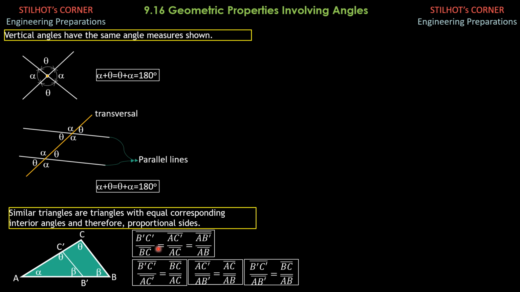Or you can just rearrange this, similar triangles, or by ratio and proportion from this equation. Just separate. So we maintain the ratio: opposite of, let us say, alpha to opposite of beta, opposite of alpha to opposite of theta, opposite of beta over opposite of theta, and so on and so forth.